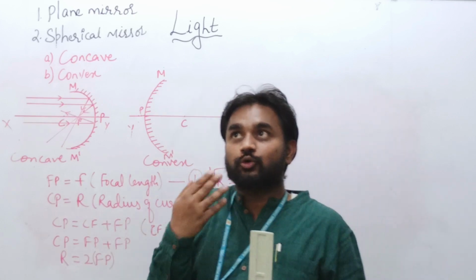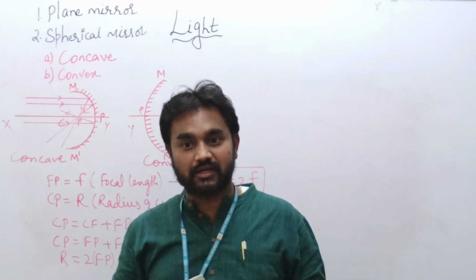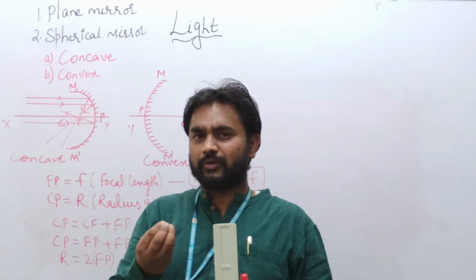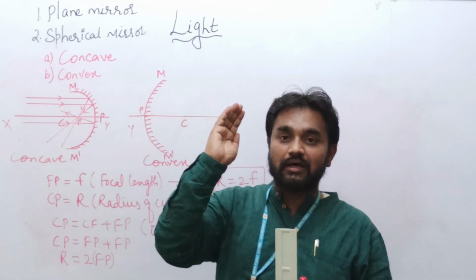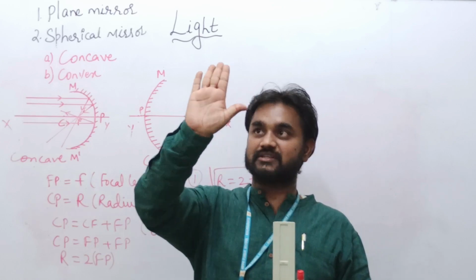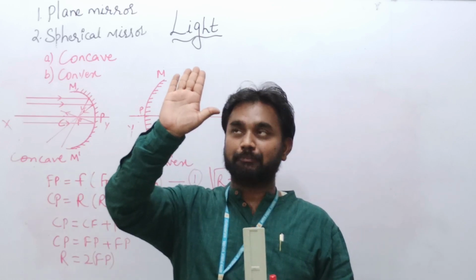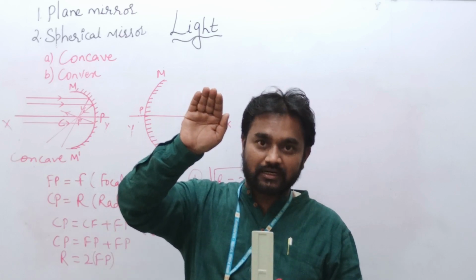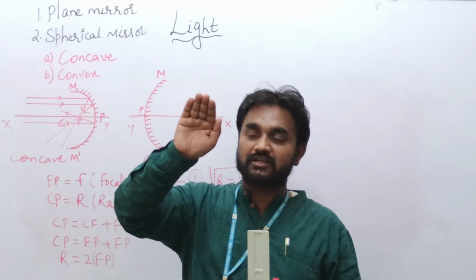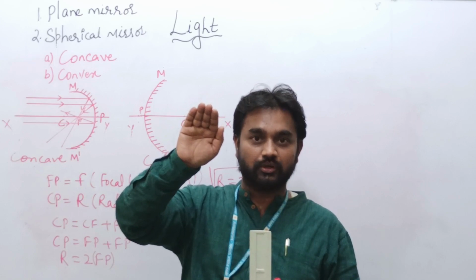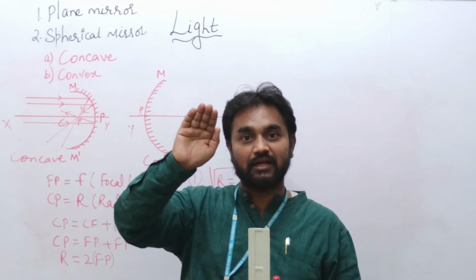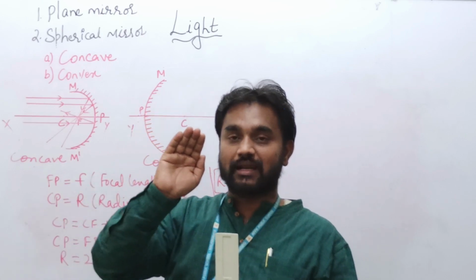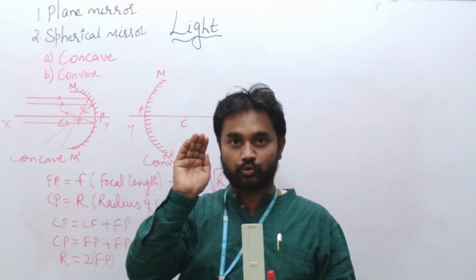How? So you may get confused. Sir, how is it that when aperture increases, focal length decreases? We are not able to understand. So it's very generic. You can see, if this is my palm, it is now flat, just like a plane mirror. If I curve it more, that means aperture is also increasing. Aperture and curve are directly proportional.